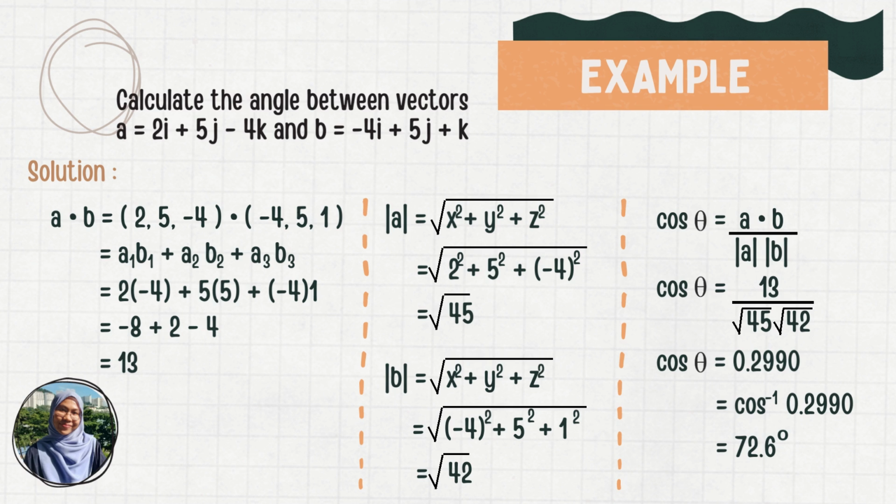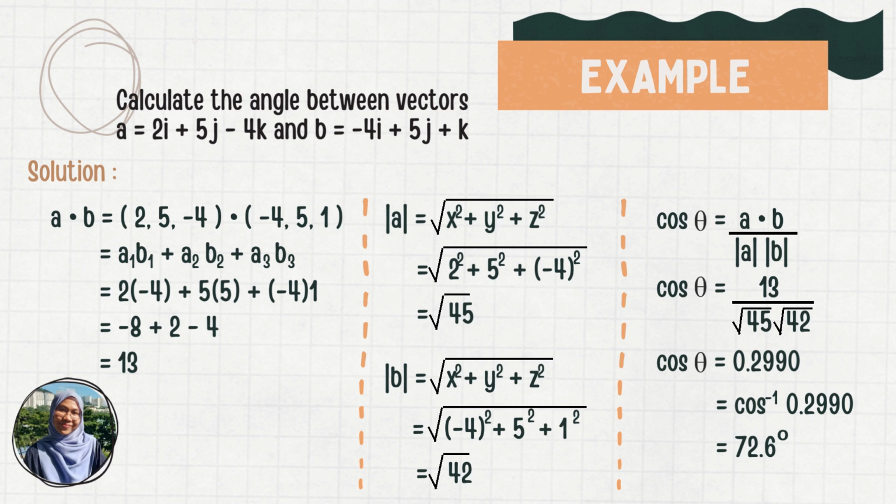So the example for scalar dot product: given that vector A is equal to 2i plus 5j minus 4k and vector B is equal to negative 4i plus 5j plus k. So we need to calculate the angle. So we are going to use the formula, which is in components and geometrically. So first, the solution is